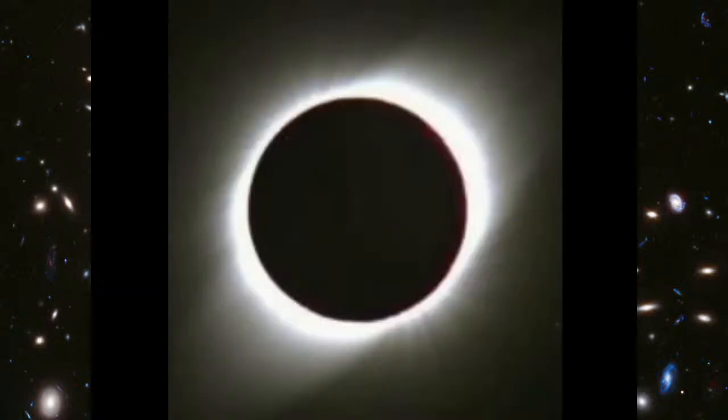In fact, objects on the Earth look different. Well, here's an image of the sun, right? If you're an amateur astronomer, perhaps even if you're not. This is an image of the sun with the moon right in front of the sun, causing a total solar eclipse. So you see the moon is very dark here, and on the outside you see the very soft, tenuous solar corona that you can't see normally because the photosphere of the sun is just too bright. But look carefully. You can see some structure in the corona. And that structure is